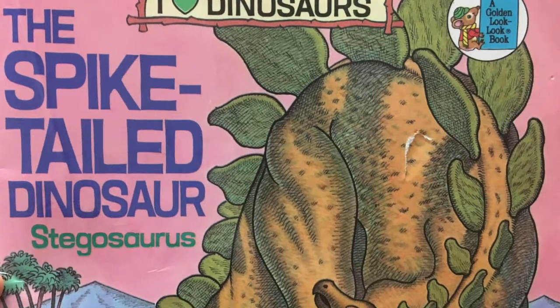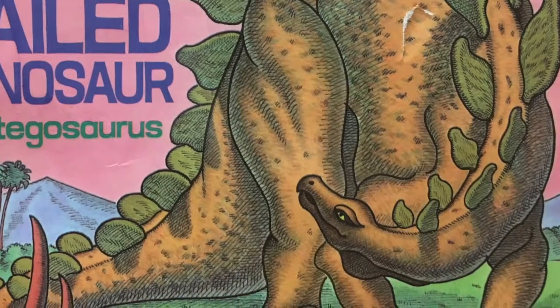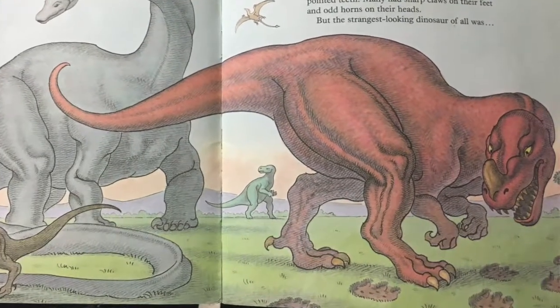Spike-tailed dinosaur. Many of the dinosaurs that lived long ago were strange-looking creatures. Some had long necks and tails. Others had huge heads with jaws full of pointed teeth. Many had sharp claws on their feet and odd horns on their heads. But the strangest-looking dinosaur of all was